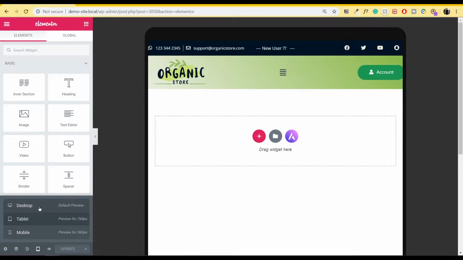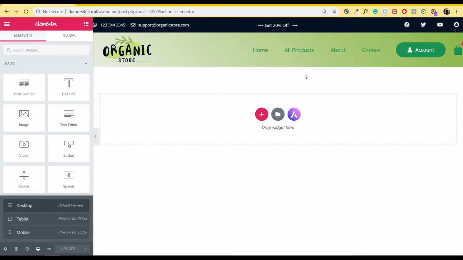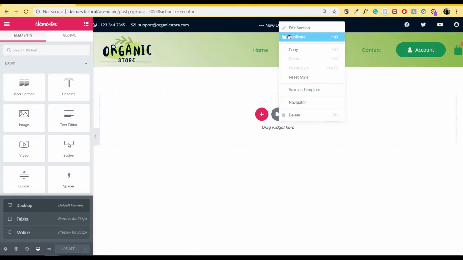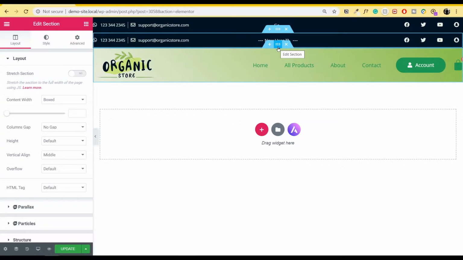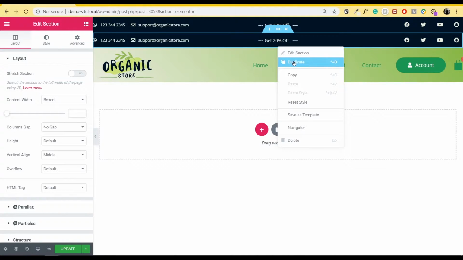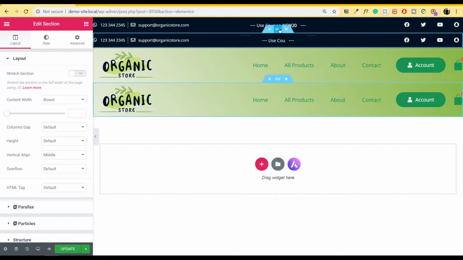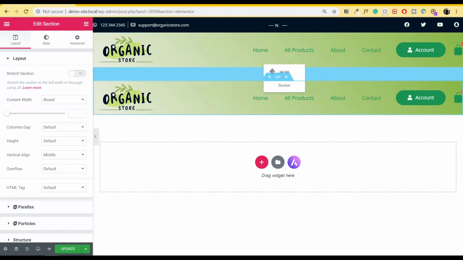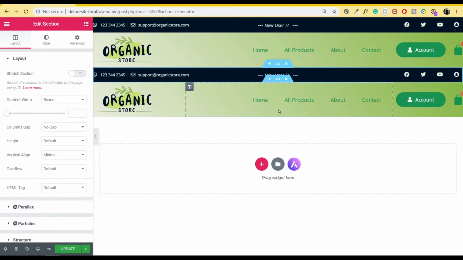First of all, let's go to desktop view again. And what we'll do first of all is duplicate these two items. So I'll simply right click on where it says Edit Section and I'll click on Duplicate. Again, inside this Edit Section on the lower header, I'll click on it and I'll click on Duplicate. Now I'll move this above the header menu and I'll move it under. So now we have two menus, but we want the above menu, which we just created specifically for desktop, to show on desktop only and not on the tab view. And similarly, the next one, I want it to show on my tab view only and not on the desktop.